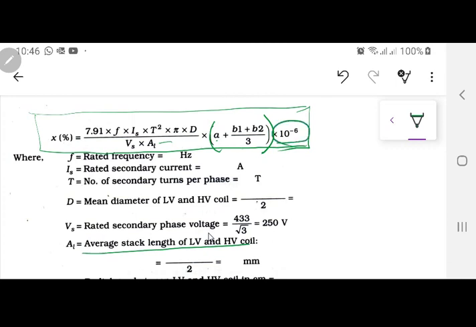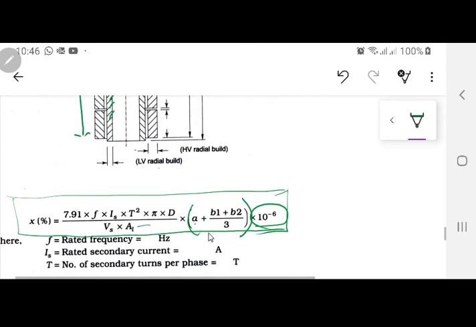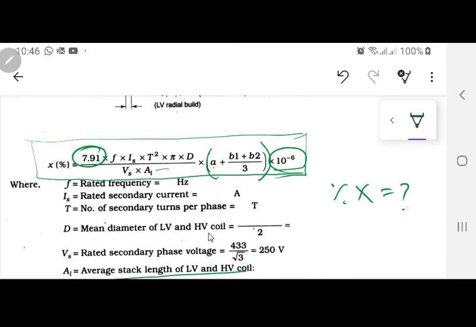One very important thing: this formula is the very same as the one used in the R.K. Agarwal book. The only difference is that A, B1 and B2 are in centimeters. If you go to the R.K. Agarwal book, I will actually do a proof from there. The proof is not available here. The thing is the very same, just this 10 raised to power minus 6 and this factor change. So just plug in the values. Next class, please tell me what percentage X you have found out by plugging in the data. We will prove this formula later on, but for now just plug in the data and find out your percentage X.